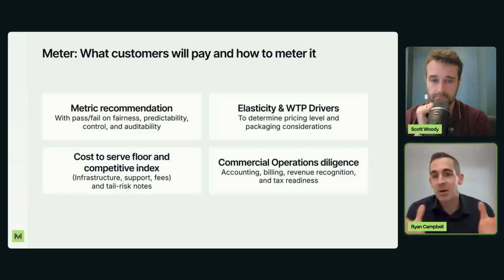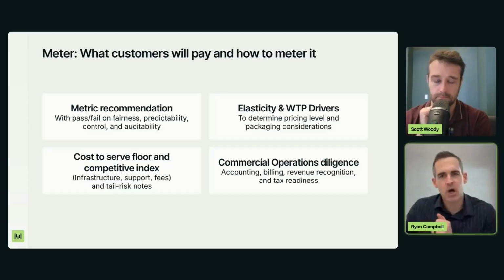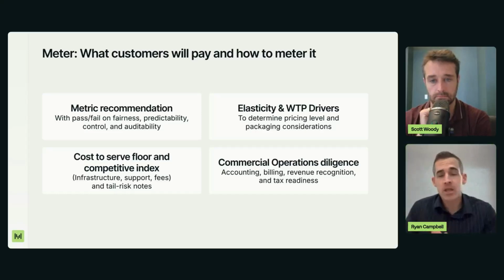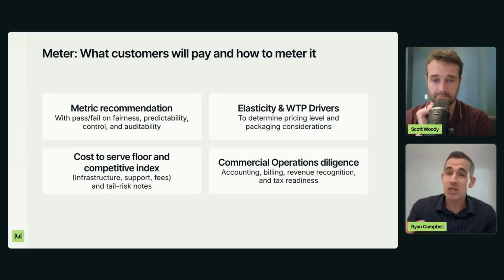I always tell people, an adage I've heard internally and an adage I've heard in talking to other pricing leaders is often, well, if you're in a rush, just price it high, or just price it the way your competitor prices it. And if you're wrong, the market will tell you you're wrong, and then you can change your price. And I always say, well, that's a really expensive way to learn that you're wrong, right?